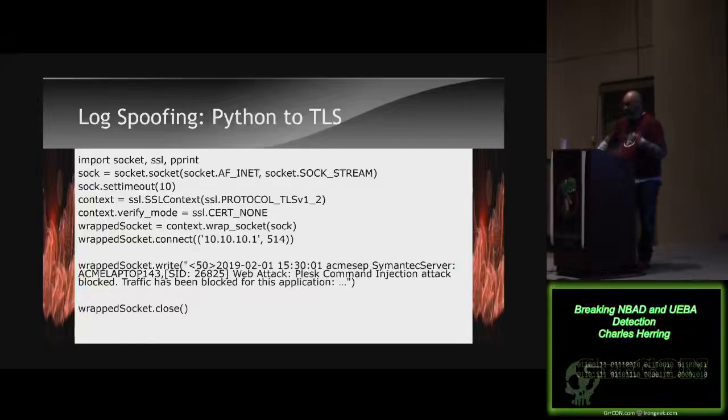So if you are taking my advice and you've at least implemented encryption over TLS, it gets a little bit more complicated. But this is a Python script to send that same Symantec message over TLS. So it's just a matter of wrapping it in a TLS wrapper and shipping it over. This will work if client authentication is not enabled. So if you're required to have a client cert, I would have to somehow get a certificate, which I shouldn't be able to do, but